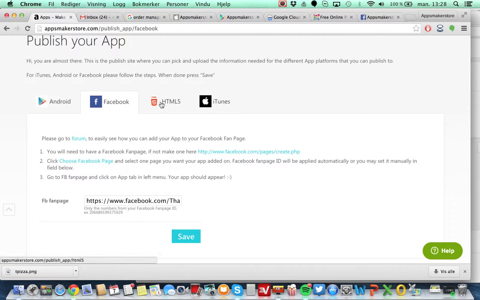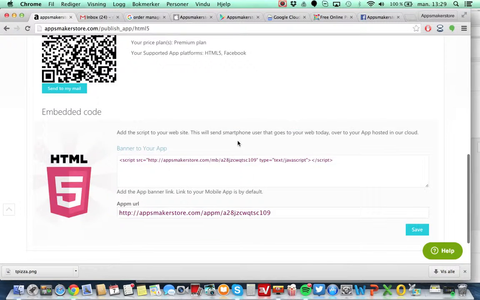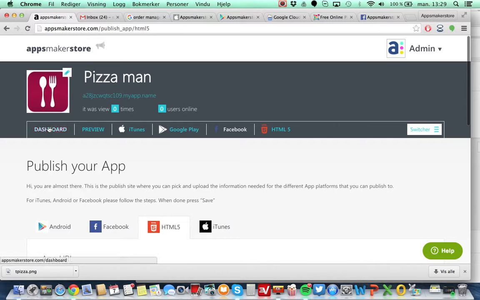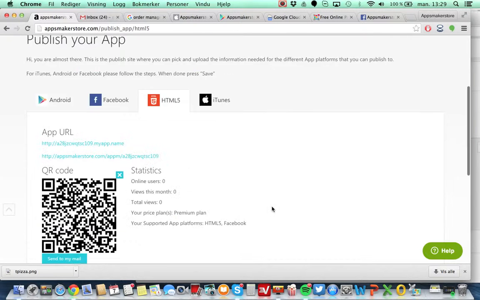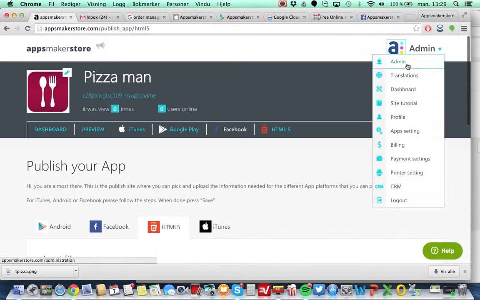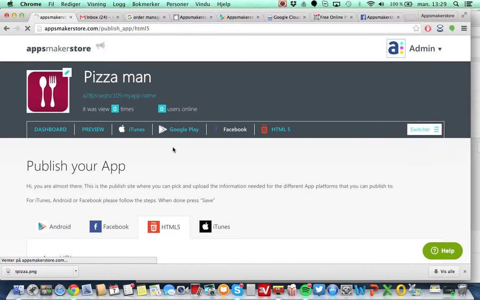So it's good. We are also having a web variant of Appsmakerstore. So we are becoming, if not already, a one-stop shop. So you get your application, of course, on iTunes, Google Play, Facebook, and also as a web application, because you can basically just use the URL also. But we're also coming with more styles on web. So if we go back here on the dashboard,